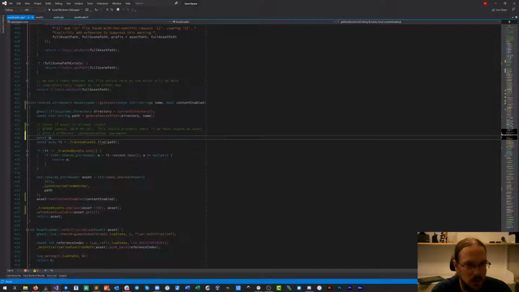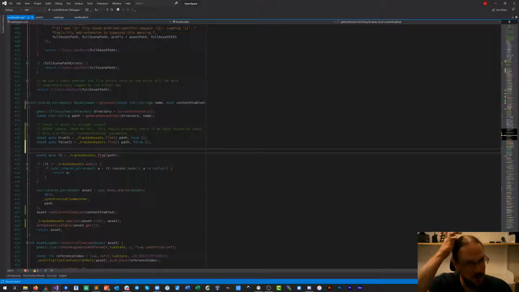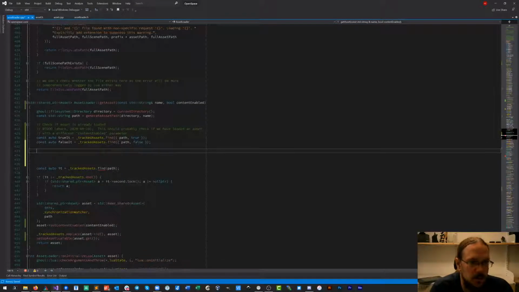So we'll get our true iterator, so we see if it exists with true. And we get our false iterator, which means we get our asset that we loaded, but with false.